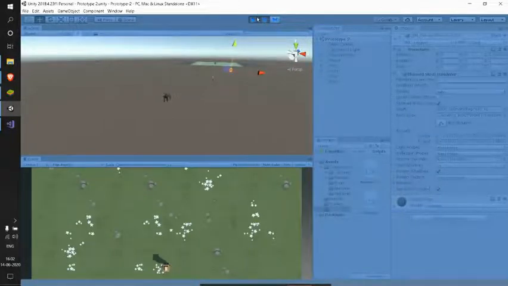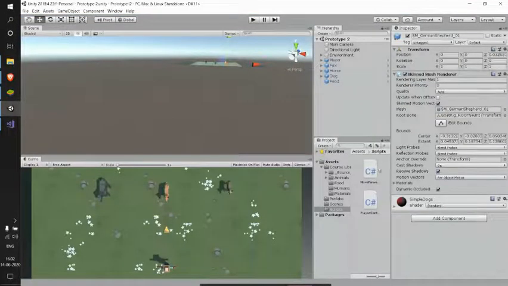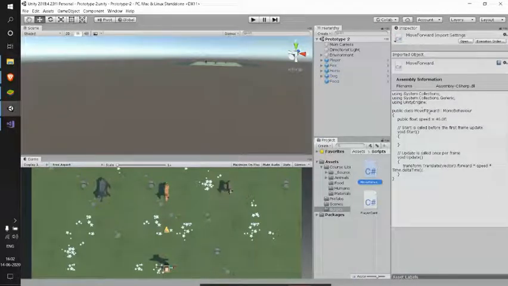So with the same script, we are able to get this much power, right? We wrote a single script with a variable called speed, we attached the same script to different objects, and we adjusted the speed variable value. That's all we did, and see the power we have now. Each thing is moving at its own speed, the way we wanted. The food is going in the positive z direction, whereas the animals are moving in the negative z direction.